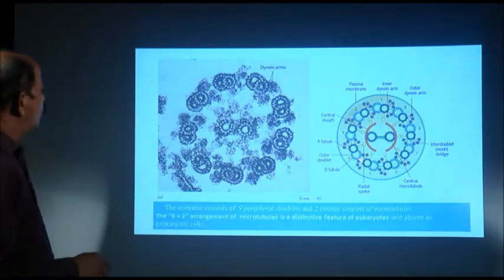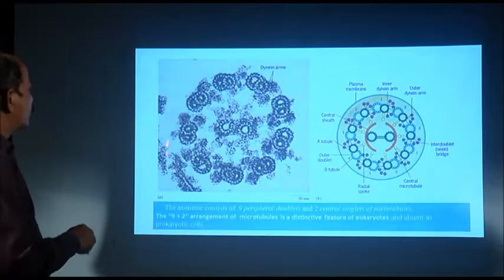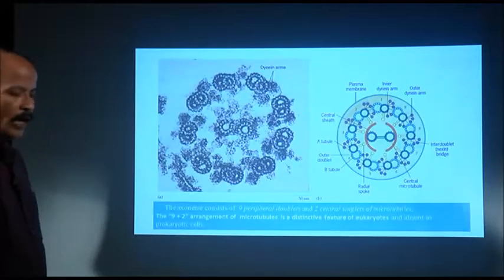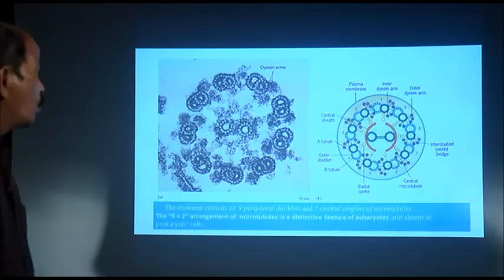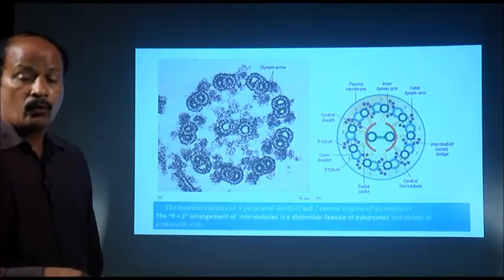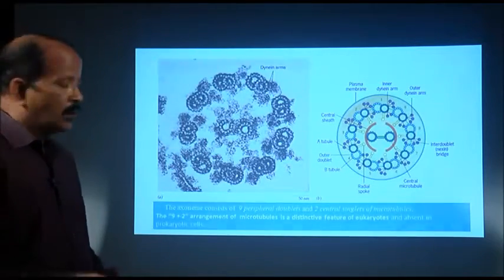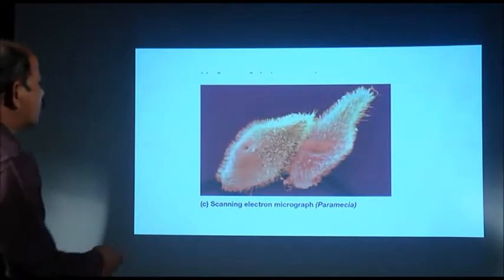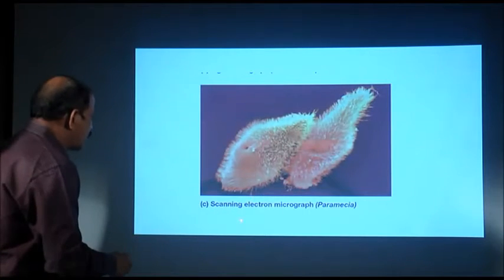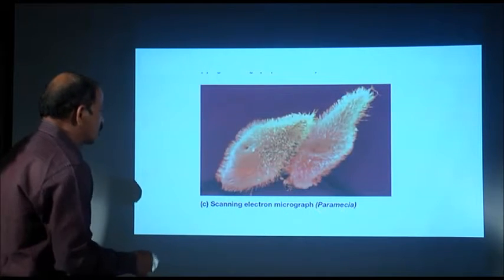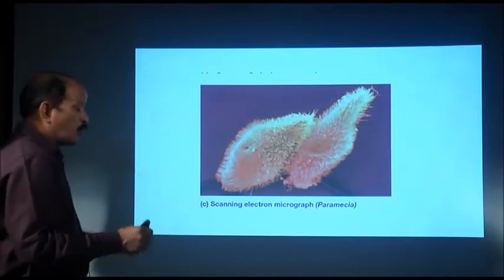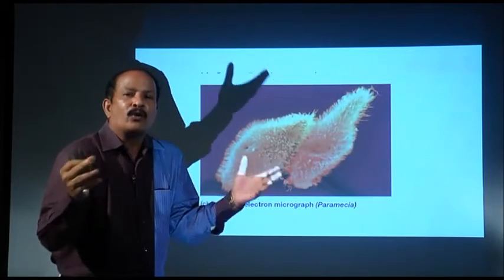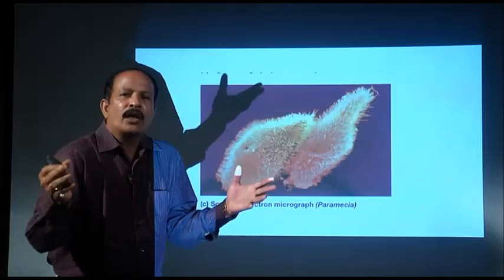I can tell you what these are. This is an electron micrograph, and this is a computer generated model. We have seen flagella, we have seen cilia, or we have read about paramecium. Let me go to this slide, then I will come back. This is paramecium, scanning electron micrograph, paramecia, ciliated protozoa, where small hair-like structures are there all over the body, these are called cilia. Similarly, Chlamydomonas, Trypanosoma, they have flagella.